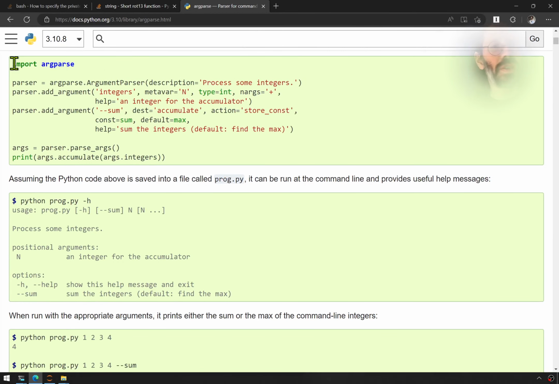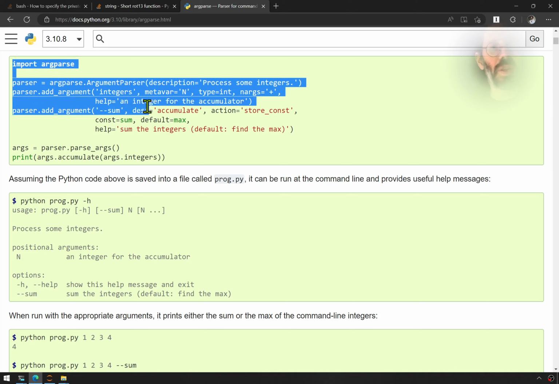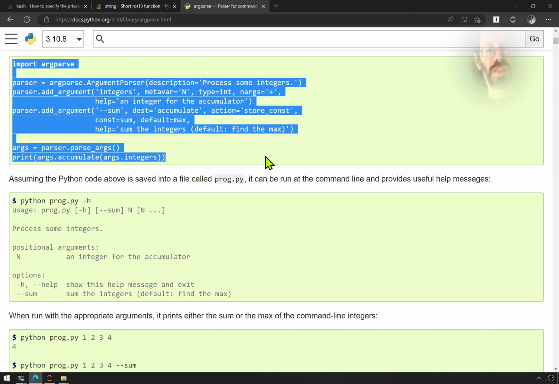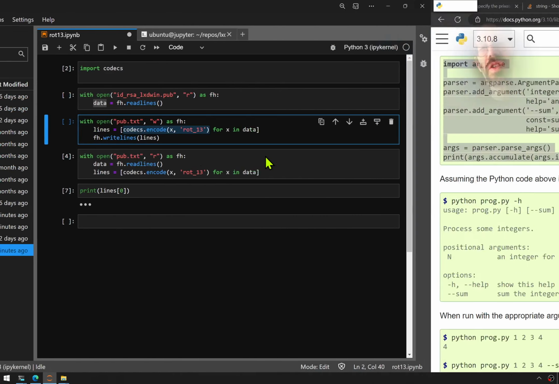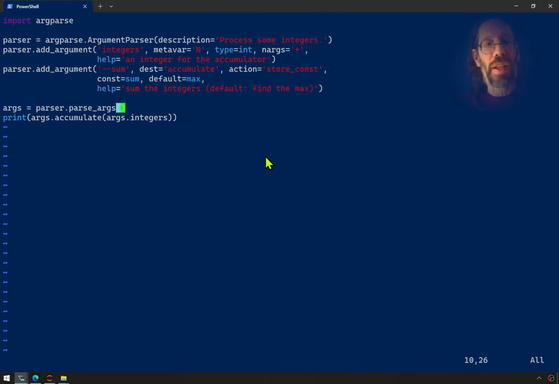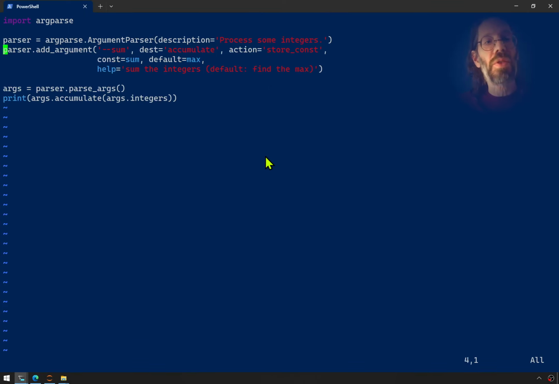Import argparse. Parser equals something. Parser add argument. And then they're available here, right? That's like a whole program. You can just copy it out of their example. Python documentation might be getting better. You used to not be able to get a whole good working example like that right at the top of the page. So we definitely don't want this one about numbers, but we will support an argument for